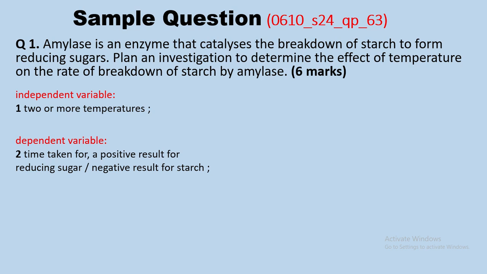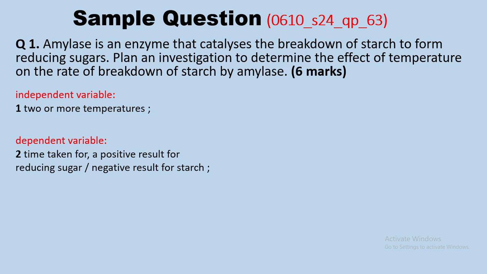Amylase is an enzyme that acts on starch. When it does, starch becomes the substrate of this enzyme, and the product, of course, is reducing sugar. So in a chemical reaction like this, you consider the time, the rate at which the reactant, the substrate, disappears, or the rate at which the product, this time the reducing sugar, is formed. So we should expect that the starch will be reducing here until it's no longer present, when all has been